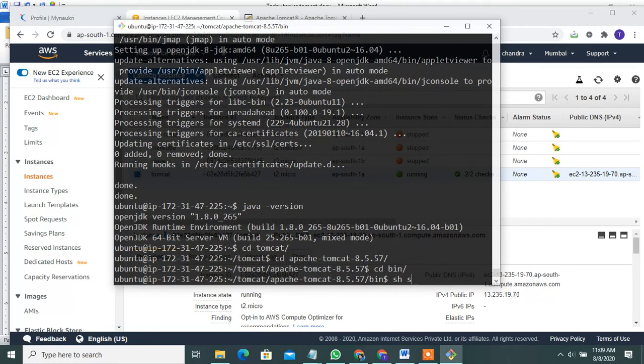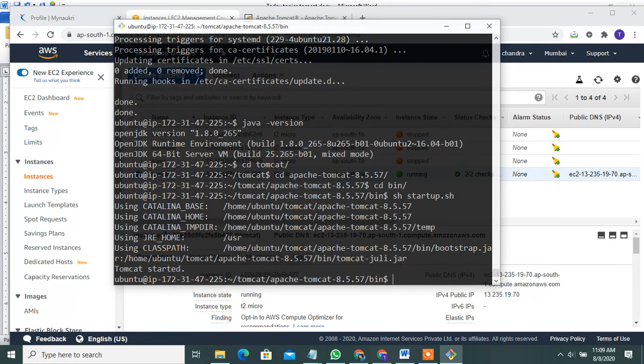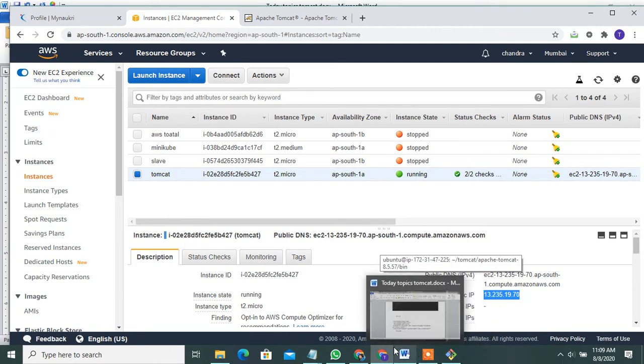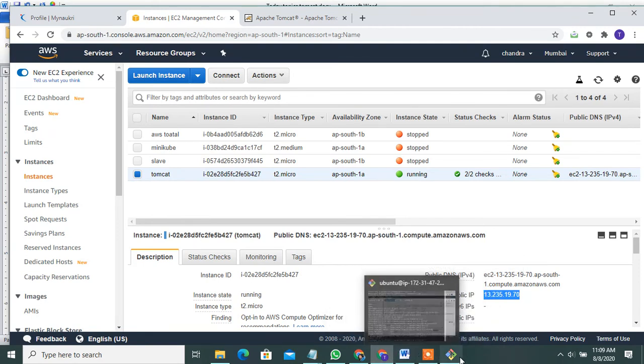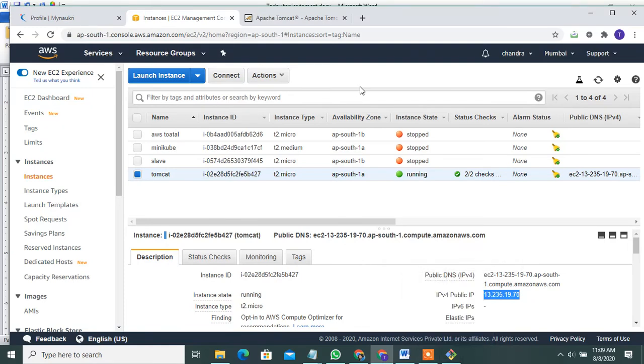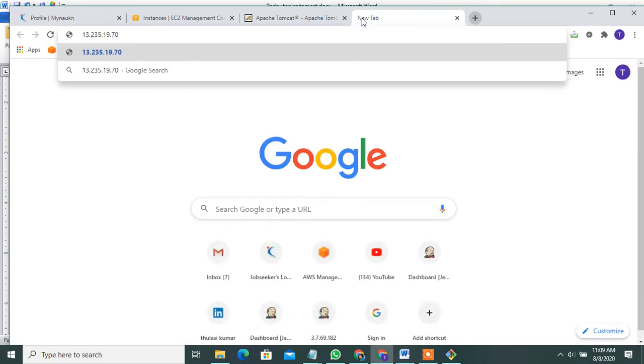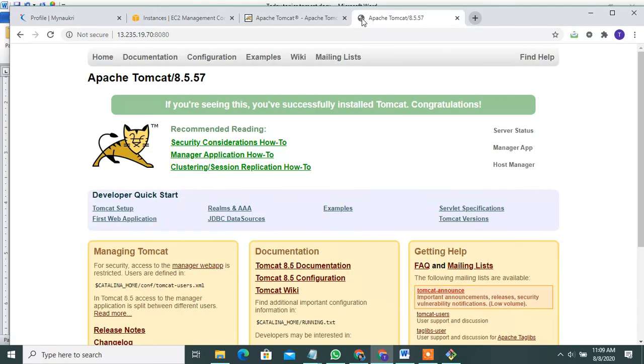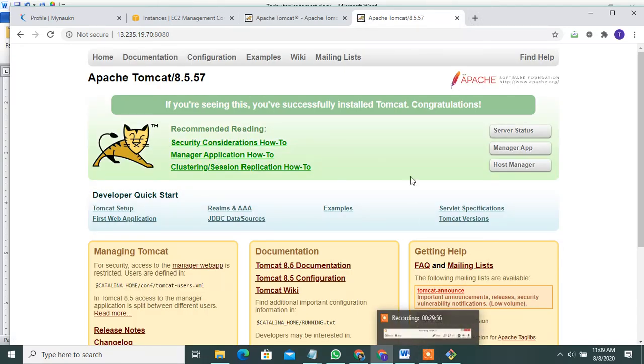Use startup.sh, then Tomcat is running successfully. To access it, copy the IP address, paste it in the browser, and the port number is 8080. Yes, it is successfully running on my Tomcat server.